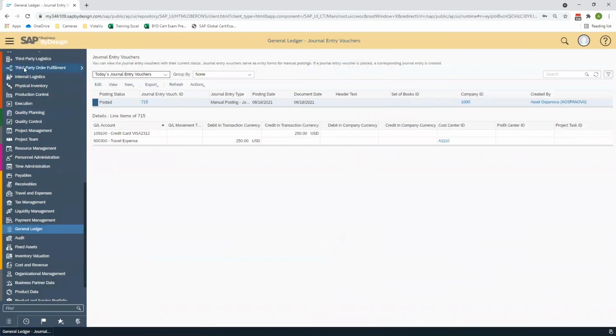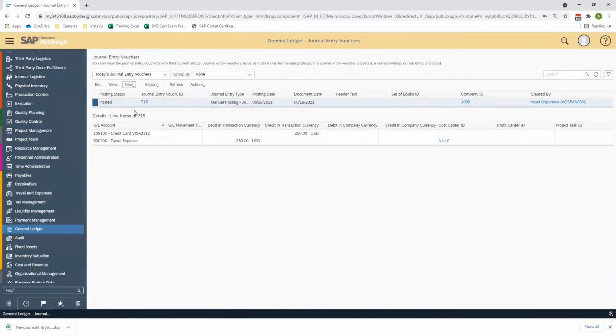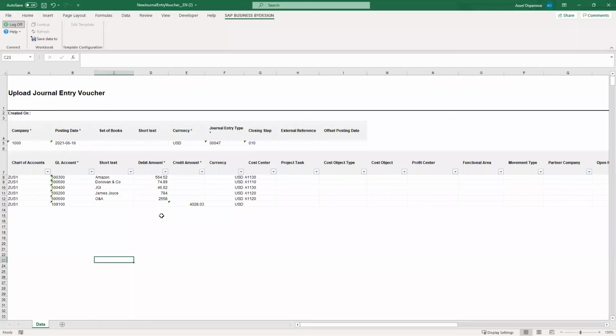So as a next step, let's go and download our template for journal entry voucher upload. If you go to General Ledger Workcenter and Journal Entry Vouchers view, you can click on New and choose Journal Entry Voucher for Microsoft Excel. This will prompt the download of the Microsoft Excel template for journal entry voucher upload. Again, make sure you have the SAP ByDesign add-in downloaded and installed beforehand. So if I open it up,